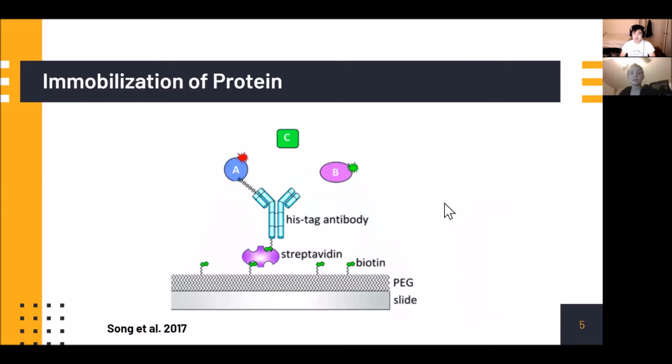One of the primary techniques used in this experiment was a process which anchored the subcomplex on a glass plate in order to observe the movement of an actin filament attached to the gamma subunit. This diagram represents the model used to fix the alpha-beta gamma subcomplex to the glass plate, and that's depicted by protein A. The diagram shows a PEG coating on the plate, but the experiment used a coating of horseradish peroxidase